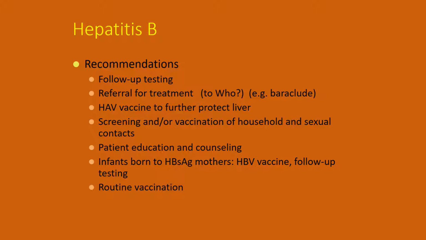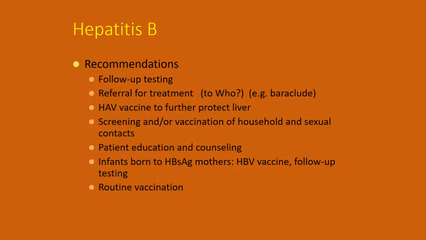If you continue to be surface antigen positive and don't develop surface antibody positivity, you may have developed chronic hepatitis B. In that case, you need to be referred for treatment, usually to gastroenterology. They are the ones that usually treat hepatitis B, although infectious disease, I think, probably could do that. The usual medication that I've seen is Baraclude. There's probably others. But basically, it's an antiviral that's specific to hepatitis B that usually will control the hepatitis B. Some patients, it seems to clear it. Other patients, it just keeps it at bay for long periods of time.